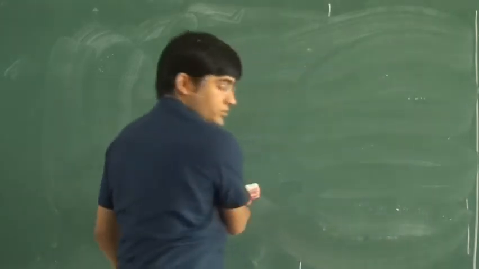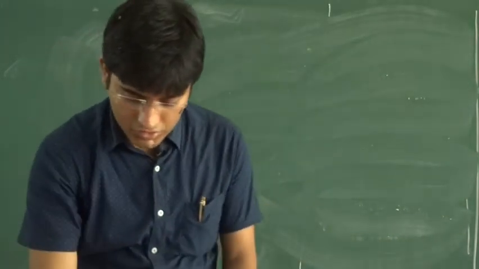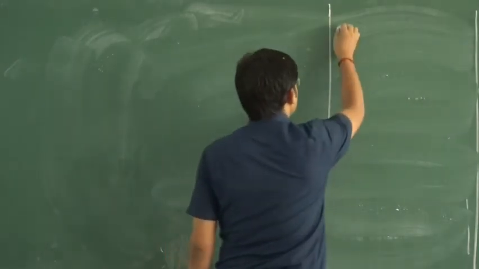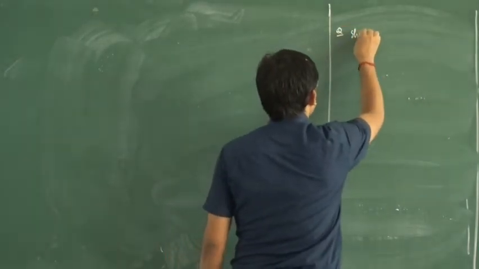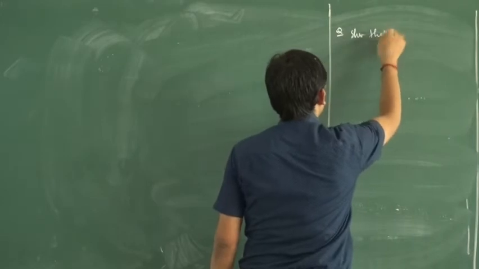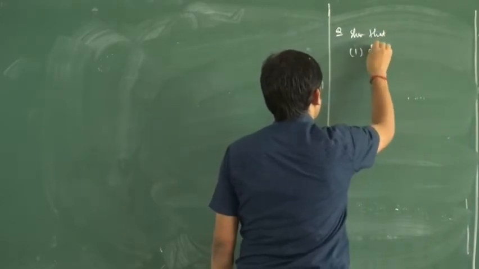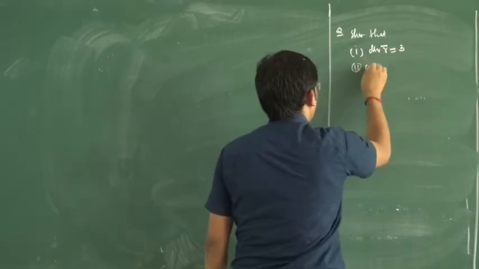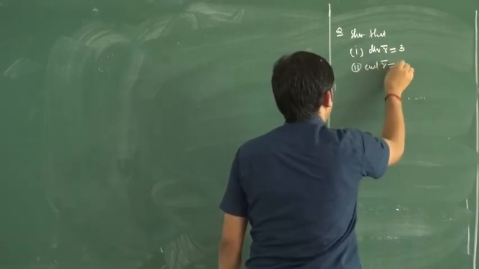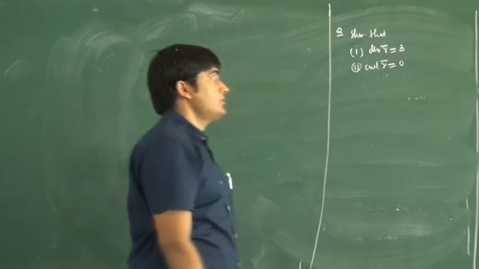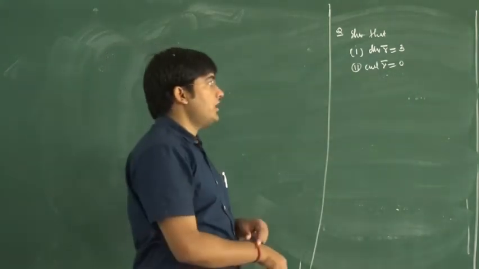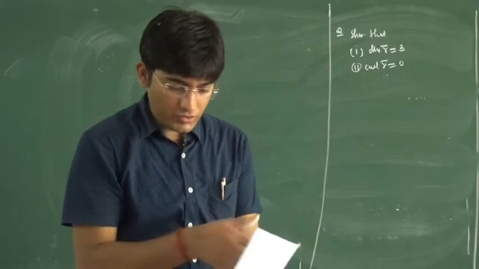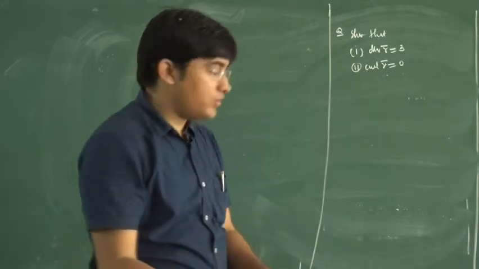So our first question is, show that divergence of R equal to 3 and curl of R equal to 0. So we have to prove that divergence of R equal to 3 and curl of R equal to 0. Then we will prove